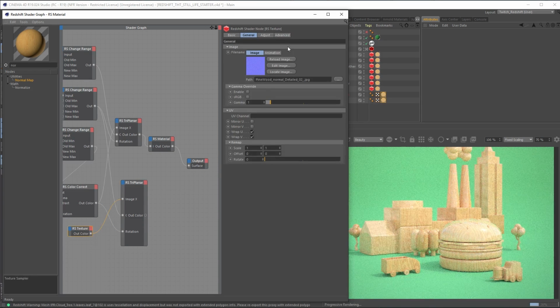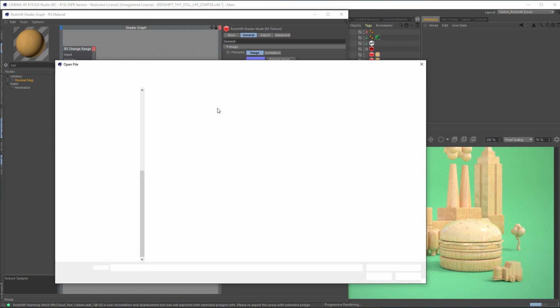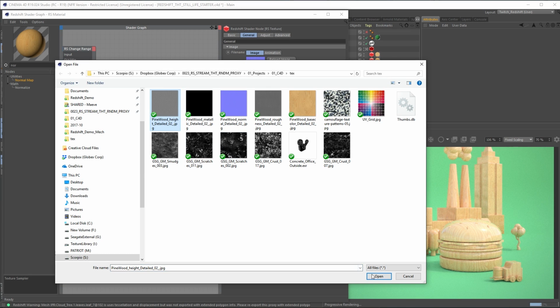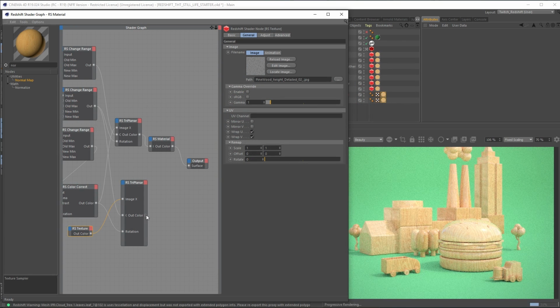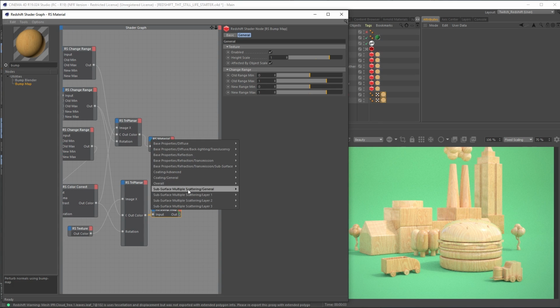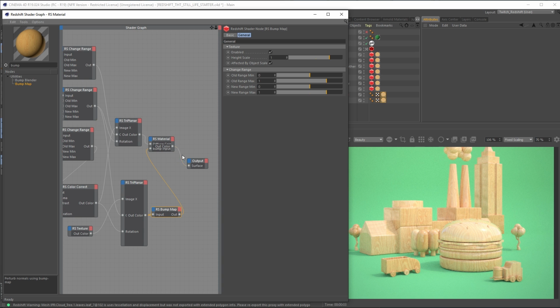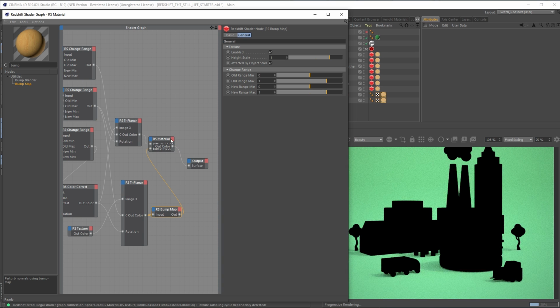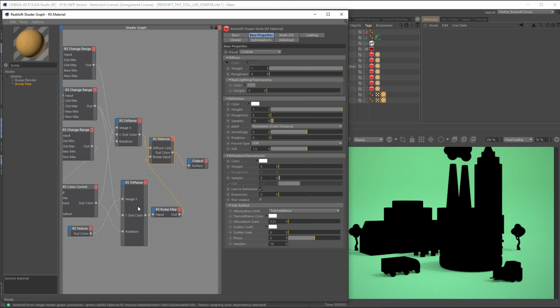I can't pipe this into the normal map. So I think the way I was doing it before was actually with a bump map. It's just a straight up detailed height map, which is totally fine for something like this. So let's grab a bump map, boom. Let's pipe this guy into the bump map. We're going to make this into our texture, put this into the RS material overall bump input,